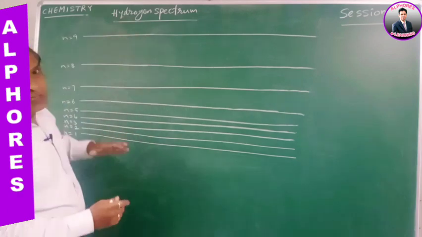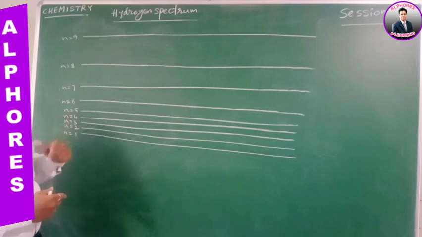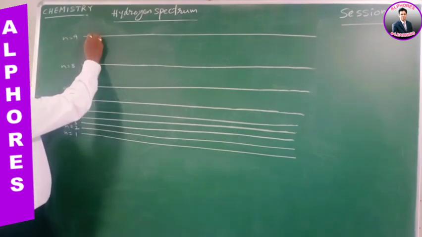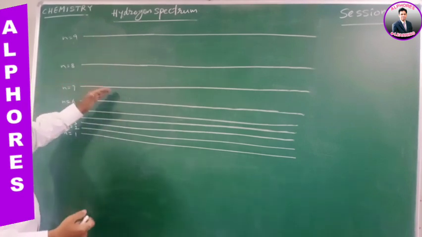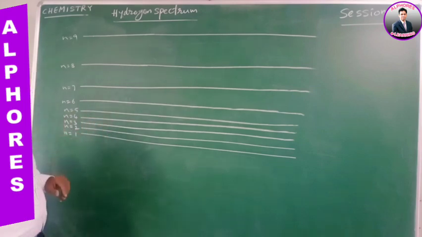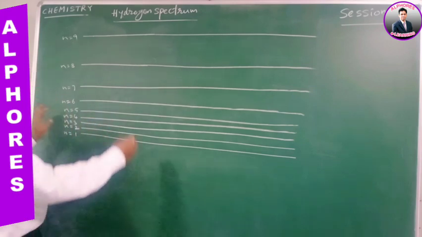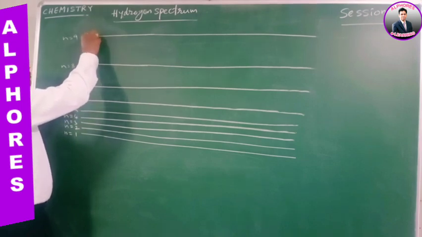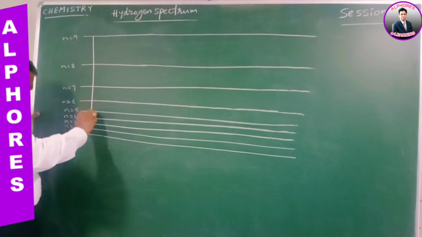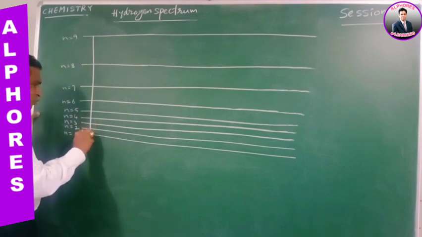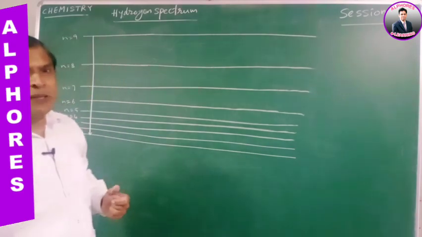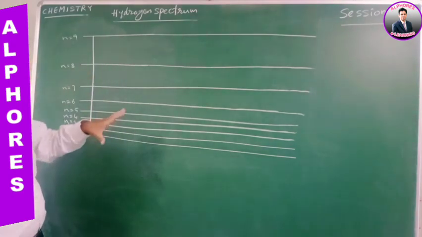Now let us go through from the beginning, that is from the Lyman series onwards. The excited electron may be at the 9th orbit, or the 8th orbit, or the 7th, 5th, 4th or 2nd, whatever it is. When an excited electron jumps from a higher energy level to n equals 1, that is, when the transition takes place from higher energy levels,